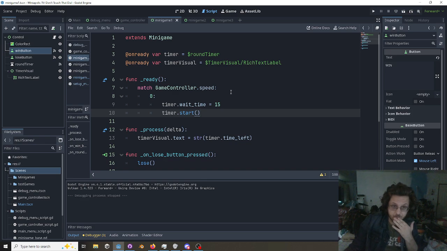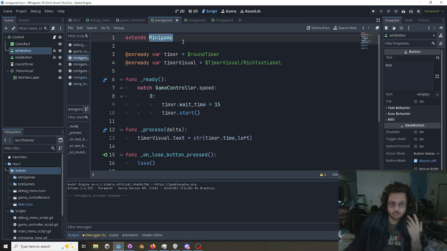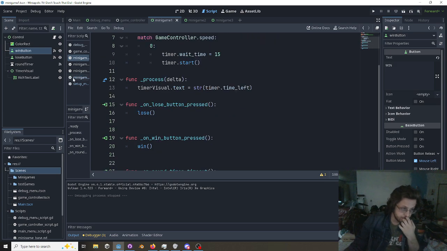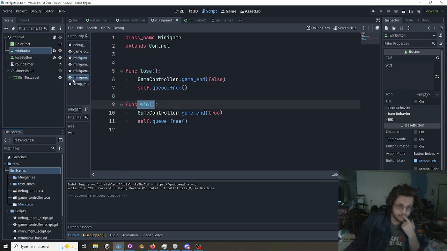And yeah, so what you'll want to do is extend minigame, and then that'll give you access to the other stuff. I just want to make this quick video to explain that system, and then once you're done with whatever minigame you've made and you've saved it down here in scenes, what you'll do is